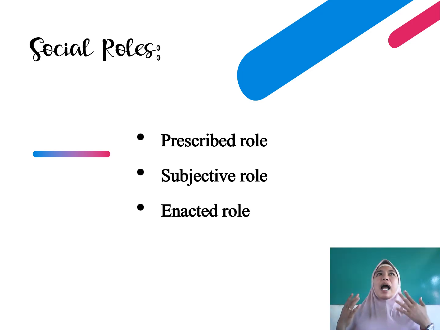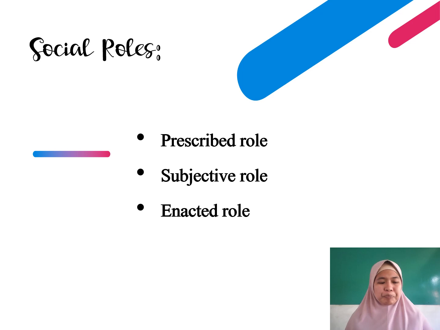As a mother, I need to provide for my child while taking care of him or her. So in that way, the mother would think, I have to take care of my child, but at the same time I need to earn because maybe my husband's income is not enough. I need to support the family also. It's not only the father who will support. So that is the subjective role. That means you are giving yourself the responsibility and obligation to fulfill a specific role